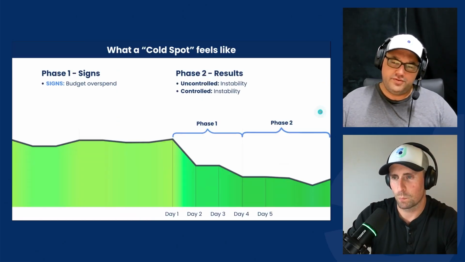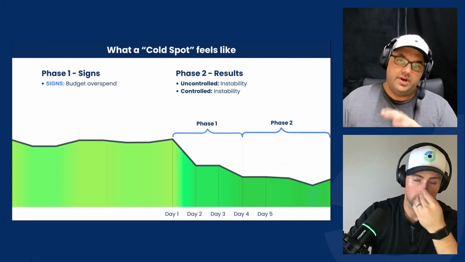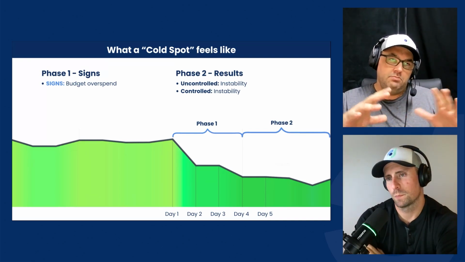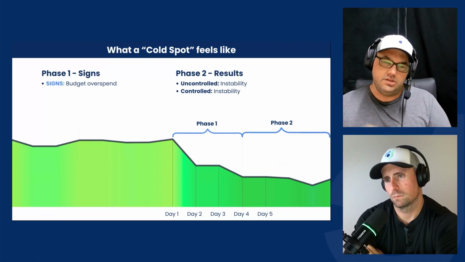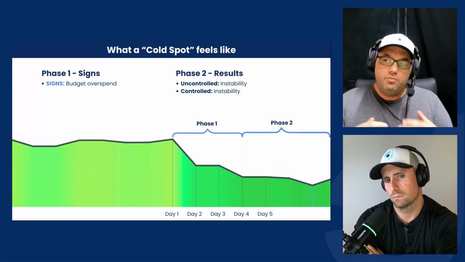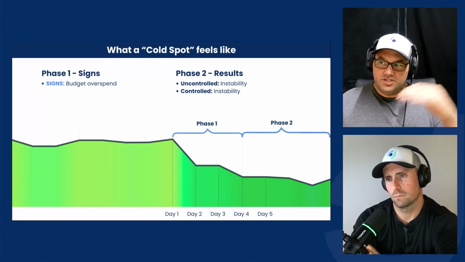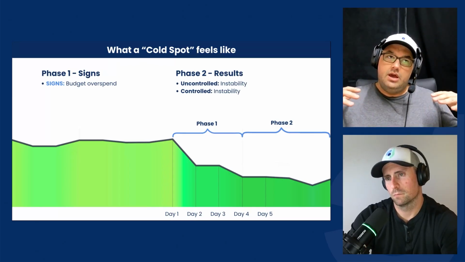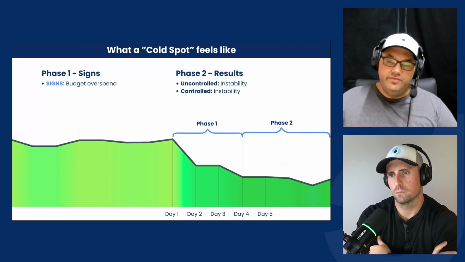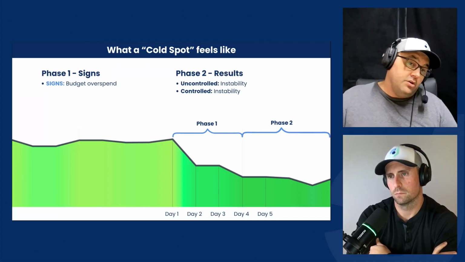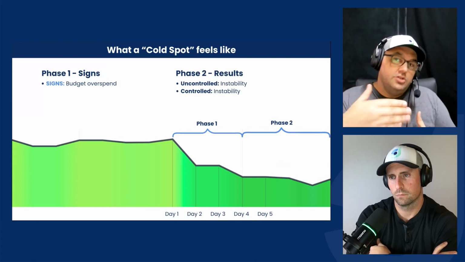So to finish off, John, let's have a quick look at what a cold spot feels like. And I want to highlight here that, in my time managing media, the cold spots have actually been more challenging than the hot spots because they're a lot more difficult to control. What tends to happen is the cost environment changes, costs come down, and typically the ad network will remove those constraints and you'll start to overspend. Now that might sound like a good thing because you think I'm making up for lost ground, but that overspend, you have no control over that.